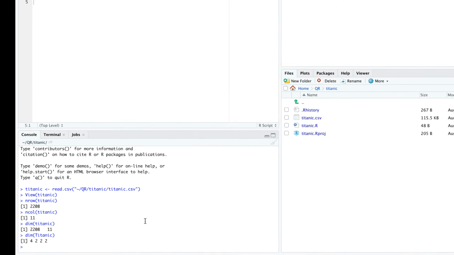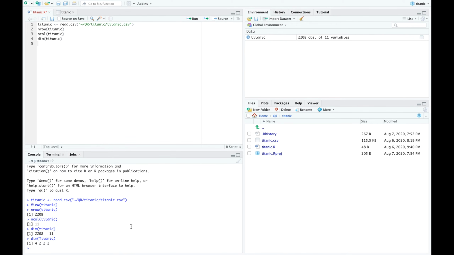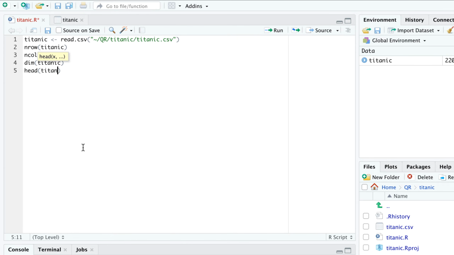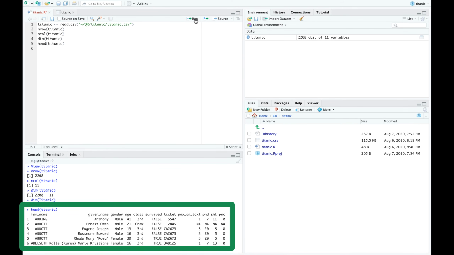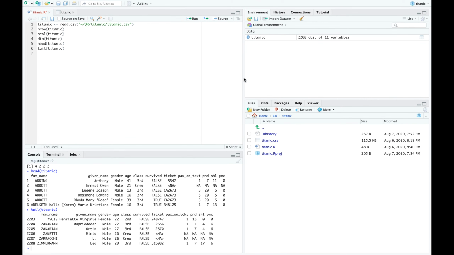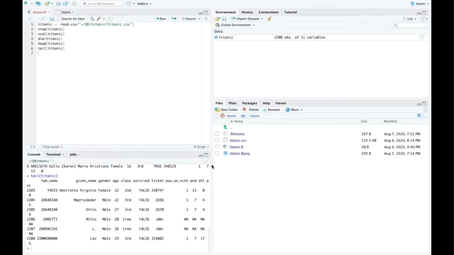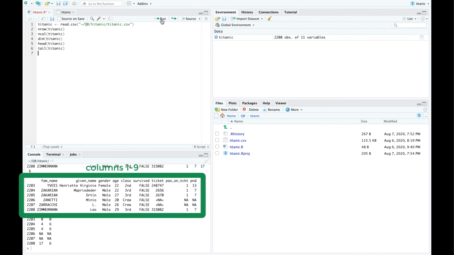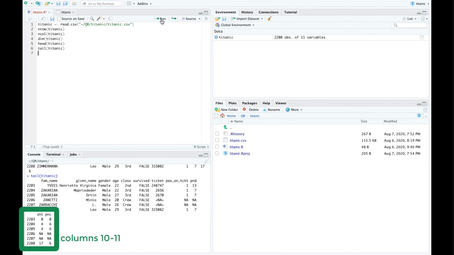Besides knowing the dimensions of a data frame, we often would like to see some snippets of the data. A very useful function for this purpose is head, which prints the first 6 rows. The counterpart of head is tail, which prints the last 6 rows. The rows take up quite some space in the console. Depending on the width of your console pane, R may not be able to fit all columns side by side. The output then wraps around, so the last few columns are printed below the other columns. This output isn't easily legible.